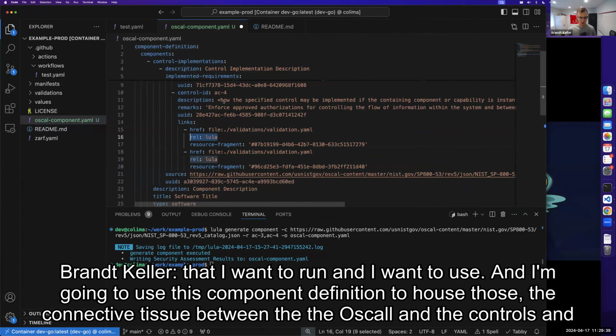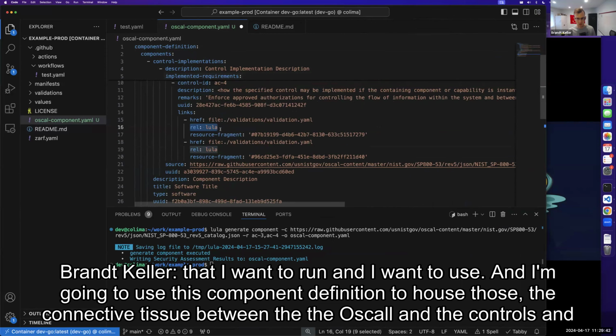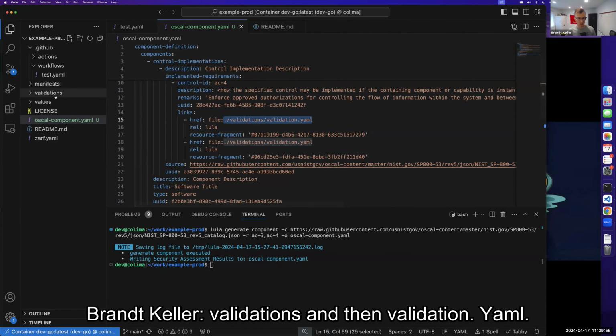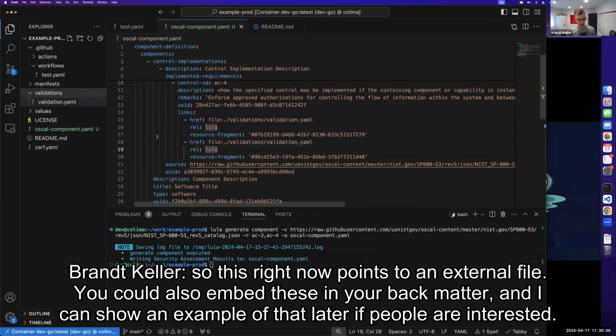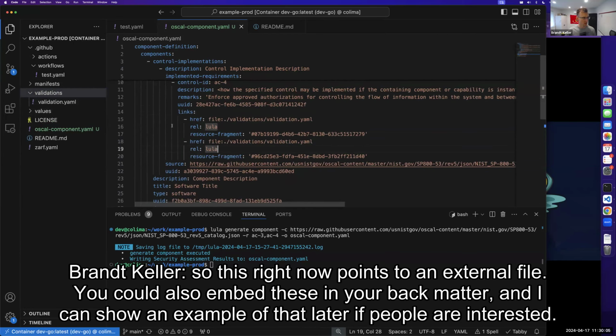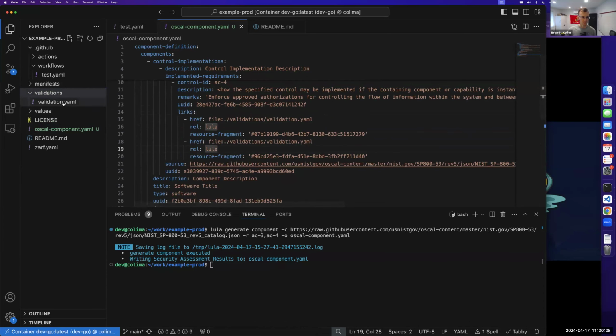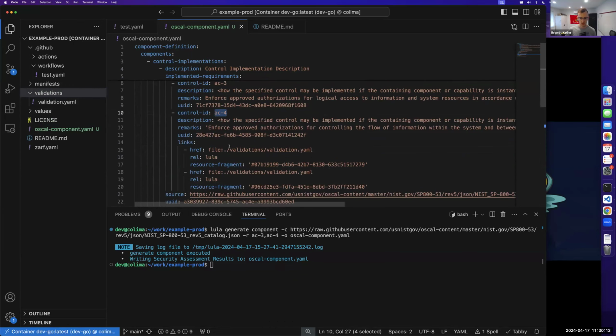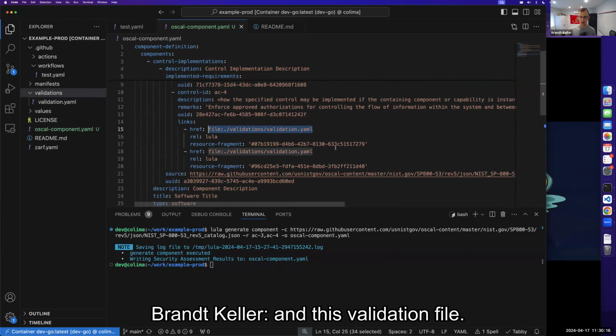And I'm going to use this component definition to house those, the connective tissue between the OSCAL and the controls and the validations that I have stored here. And so you can see this points to a local file, validations, and then validation.yaml. So this right now points to an external file. You could also embed these in your back matter, and I can show an example of that later if people are interested. And so what we've now done is provided a link between AC4 and this validation file,